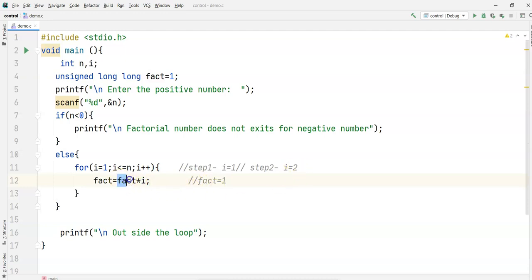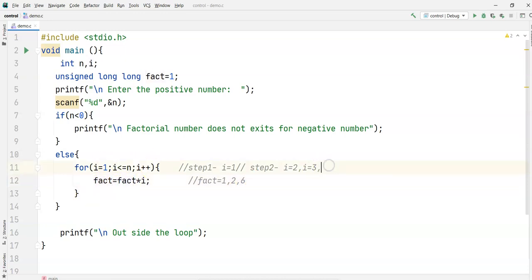So 1 into 2, fact becomes 2. Then I is equal to 3. On the third step I becomes 3. 3 less than or equal to 5, true. So fact is 2, I is 3. So 2 into 3 is 6. What is fact now? 6.